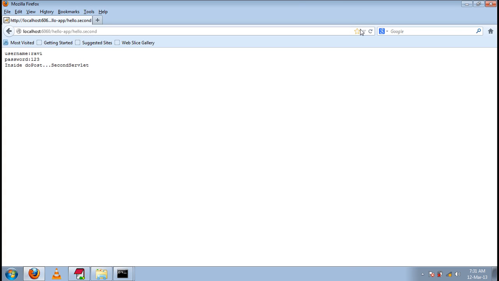Now, let me access the login page again. And let me try to keep the browser idle for 30 seconds. I did not change anything in the application. Just I am making the browser idle for 30 seconds. So when we make it idle for 30 seconds and we don't send any request to the server for 30 seconds, let us see how it will do.